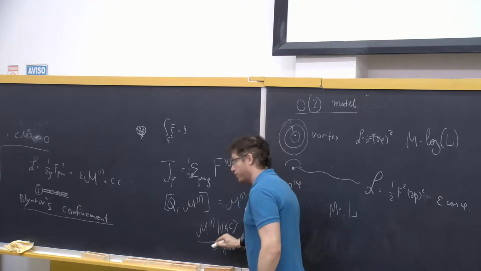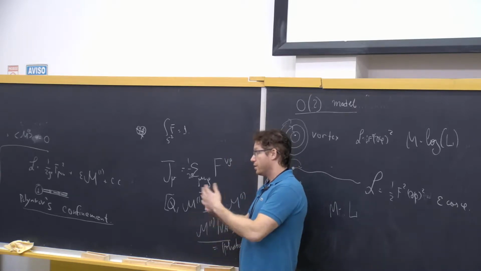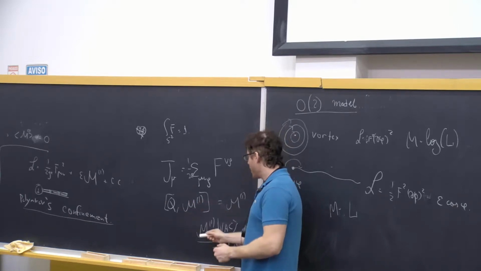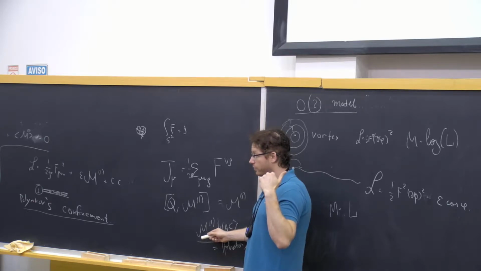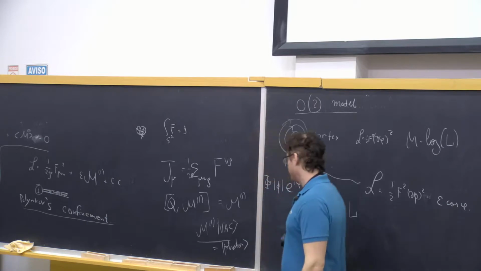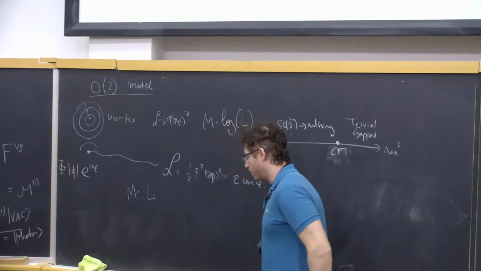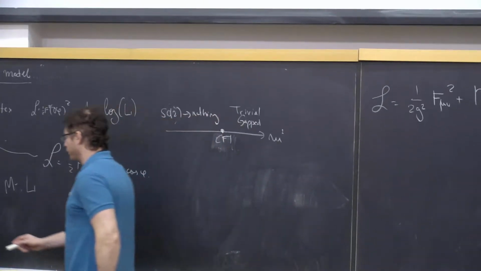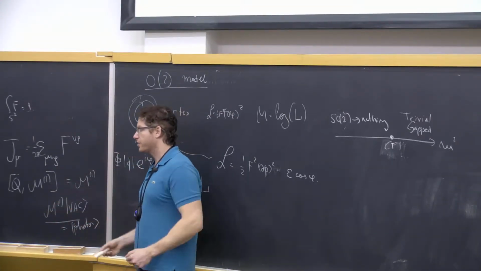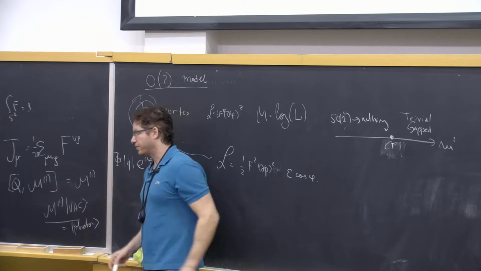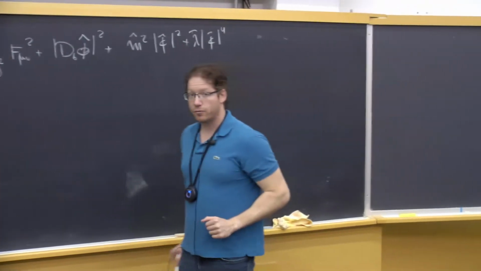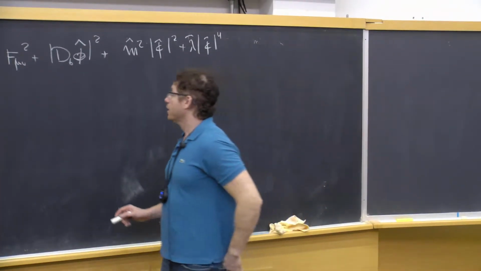Which is the Goldstone boson for the magnetic symmetry, since M1 is charged under the spontaneously broken symmetry. But in the Higgs phase, which we'll discuss now, this will create a magnetic vortex. In both cases, these quantum numbers are conserved, except that here they are spontaneously broken. So when you have a spontaneously broken symmetry, the conservation laws are a little bit more subtle. Okay, so let's discuss this model in a little bit more detail, and hopefully that will also clarify the questions here.